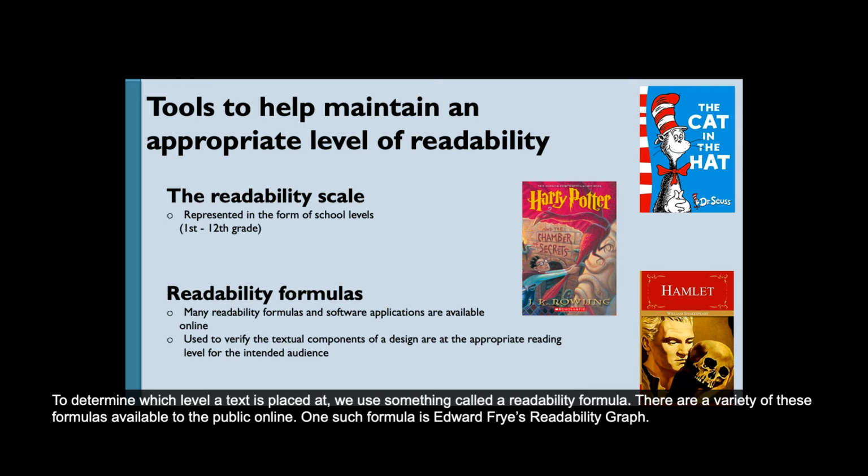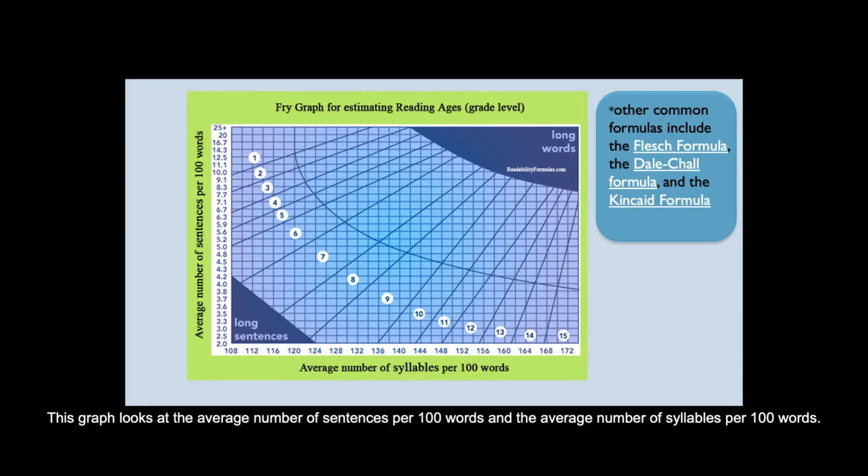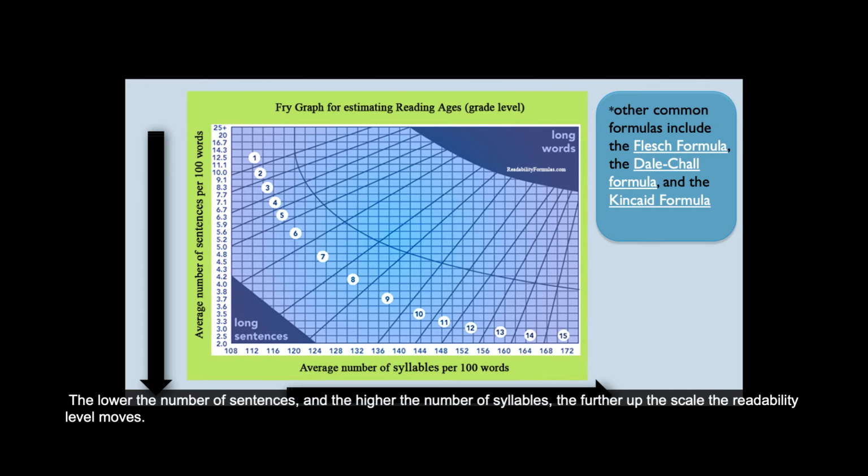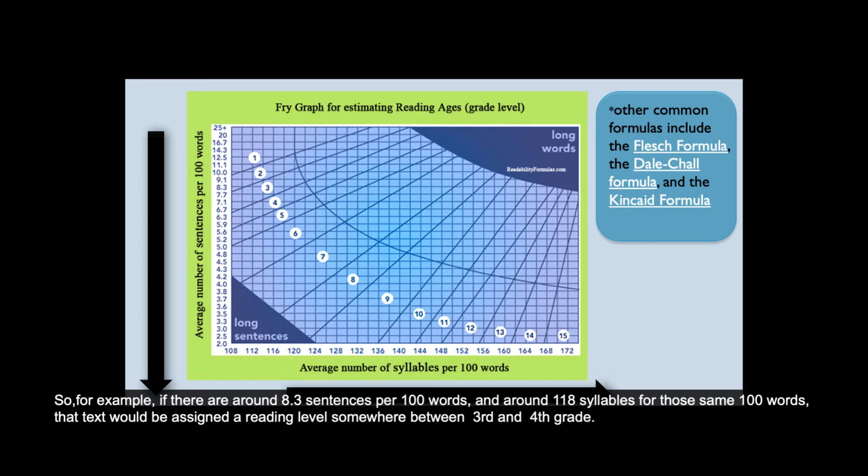One such formula is Edward Fry's readability graph. This graph looks at the average number of sentences per 100 words and the average number of syllables per 100 words. The lower the number of sentences and the higher the number of syllables, the further up the scale the readability level moves. So, for example, if there are around 8.3 sentences per 100 words and around 118 syllables for